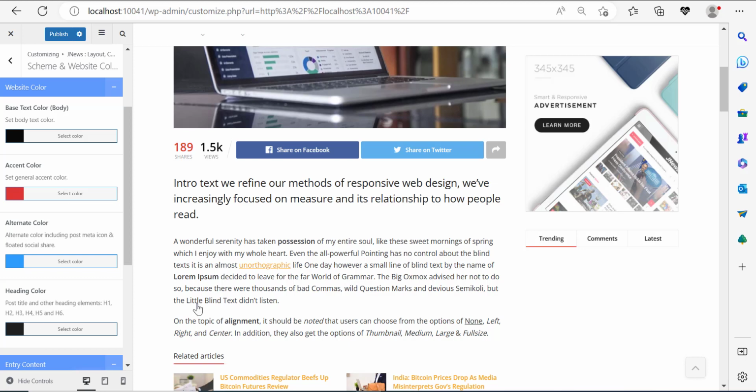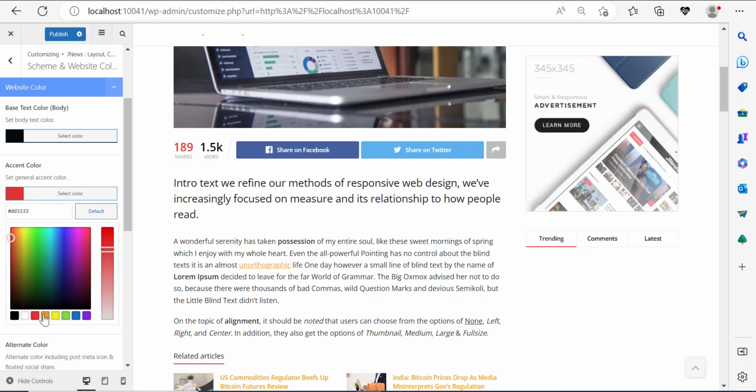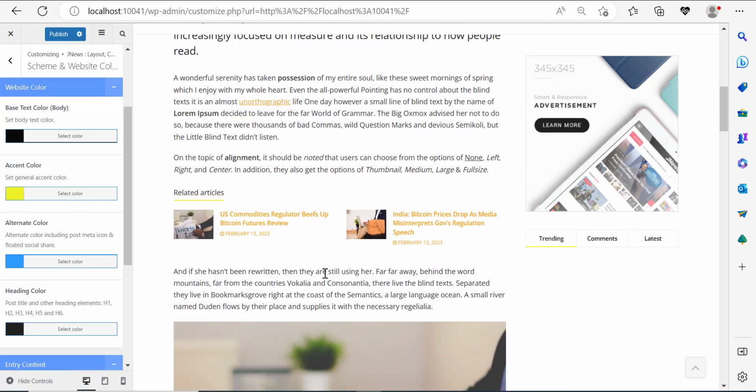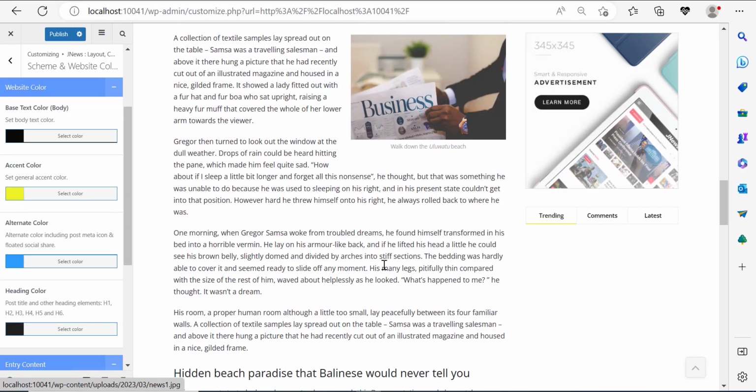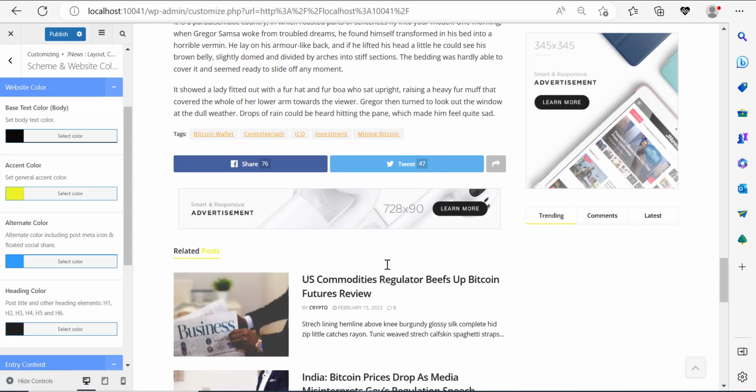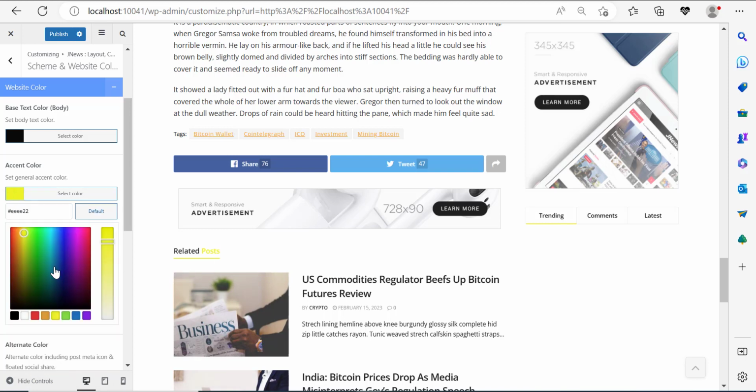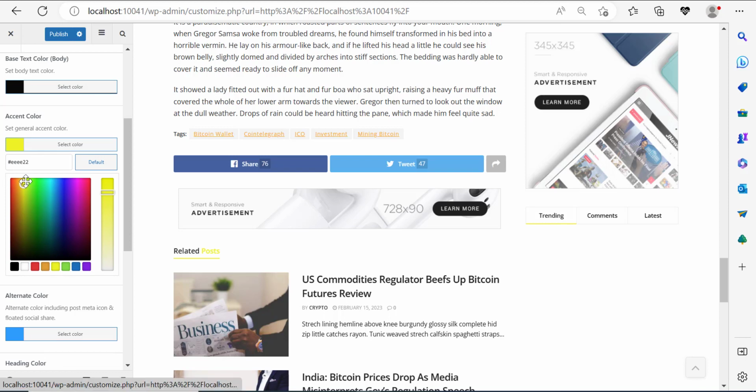Let's try the red color for once. Now if I hover, well, naturally this should appear, but anyways, let me just get it back. Now over here, if we scroll down, let me scroll down to see what more we have here. Related posts. This accent color is not really, well,